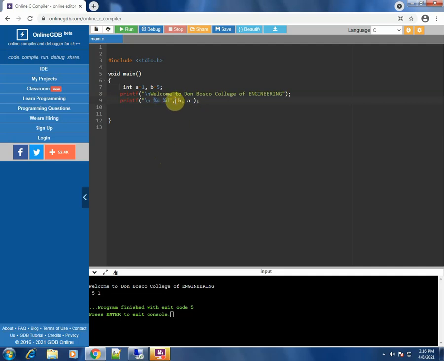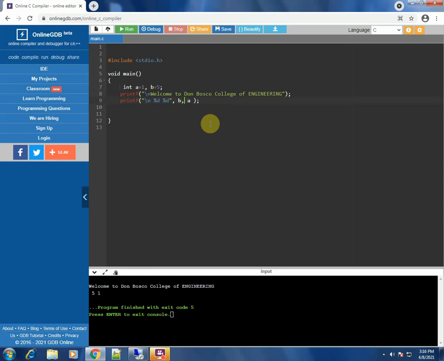Now it is very important to write this semicolon over here. Sorry, not semicolon, a comma over here. It is very important to write a comma over there because comma separates the two parts of the printf statement. So the comma separates two parts of the printf statement and lets you print the values of the variables B and A. Now this is also not correct because there are two variables, hence we have to separate them with